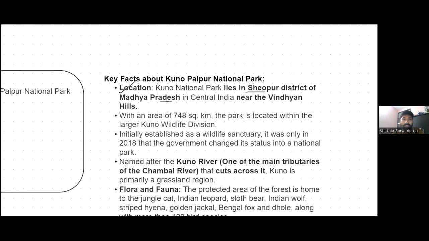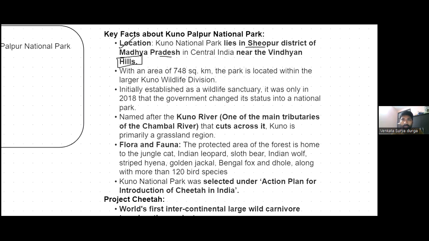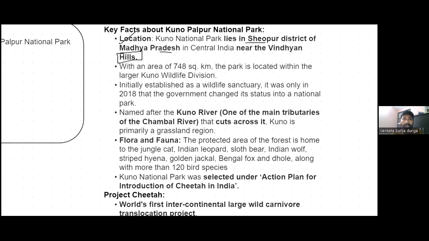So this is in Vindhyan Hills. In Madhya Pradesh, there are Vindhya and Satpura Hills, and Kuno Palpur National Park is located in Vindhyan Hills. And this is located in Kuno Wildlife Division in the state of Madhya Pradesh. Okay, so initially it was established as a wildlife sanctuary, and in 2008, the government changed its status to a national